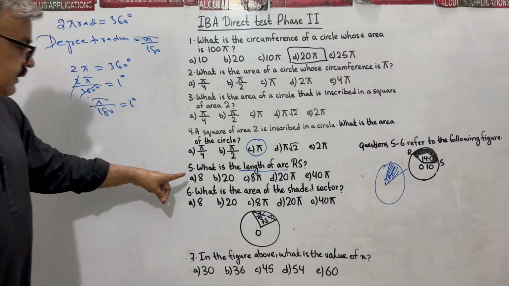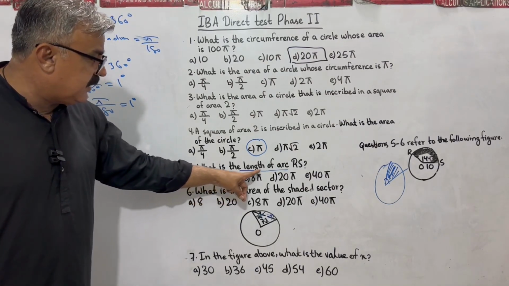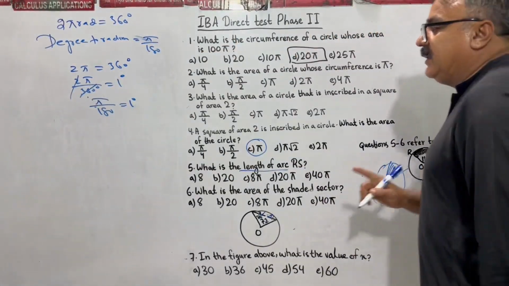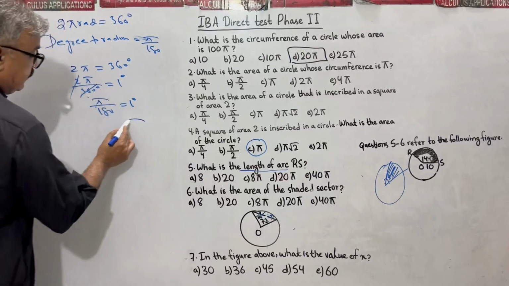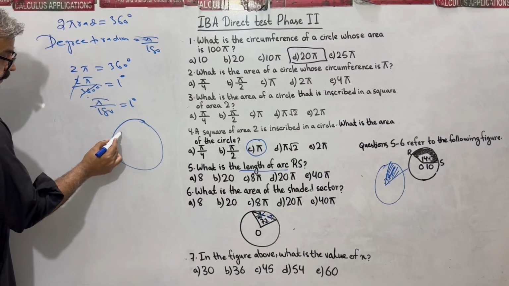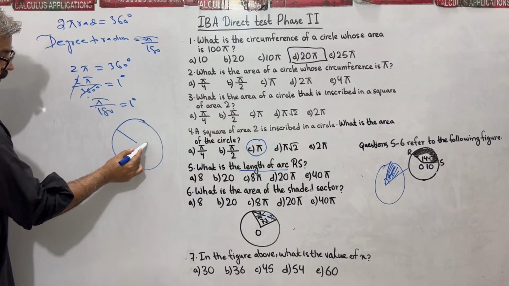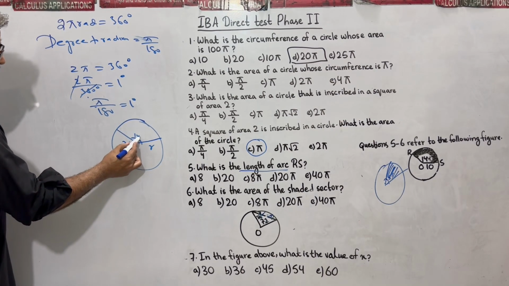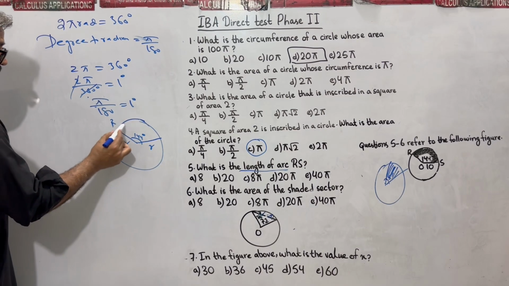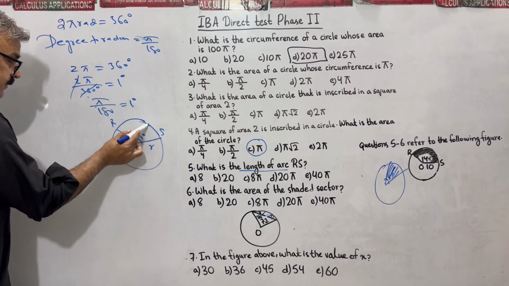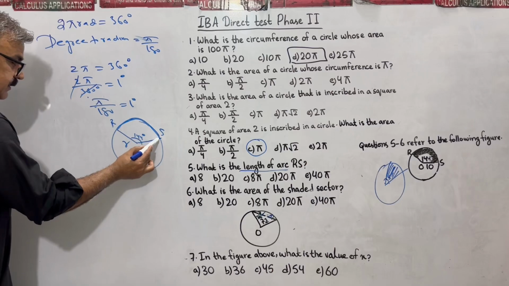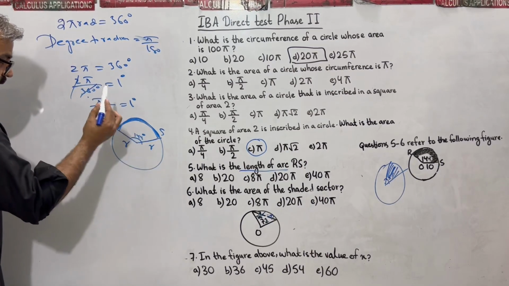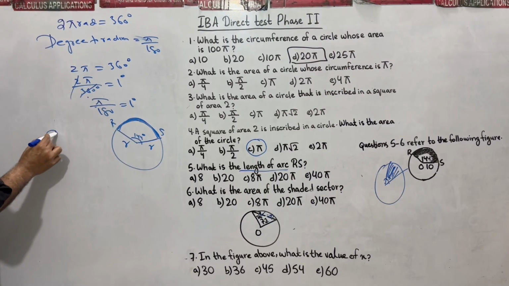Okay. What is the length of the arc RS? Here, this figure is mentioned. Let me draw this here. Circle we have. This is our angle of 144. This is R. We are asked to find the length of this arc. Arc length is given by